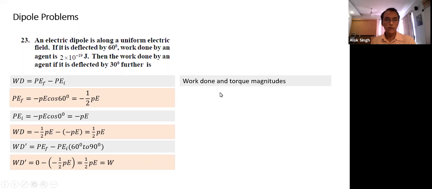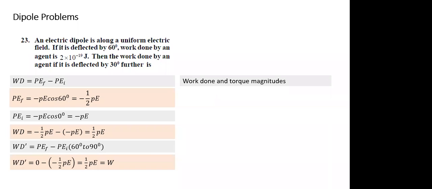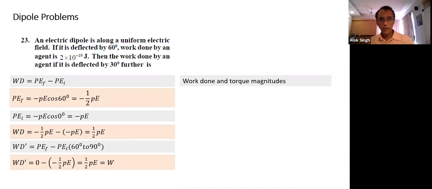Okay, next question. Another thing we also come across: there are two quantities here, work done and torque. Is the dimension of work done and torque the same or different? They are the same, force multiplied by distance. So sometimes the question comes where we compare the torque and work done. Suppose we have rotated by 60 degrees. What is the work done by rotating by 60 degrees? Work done is equal to PE by 2.